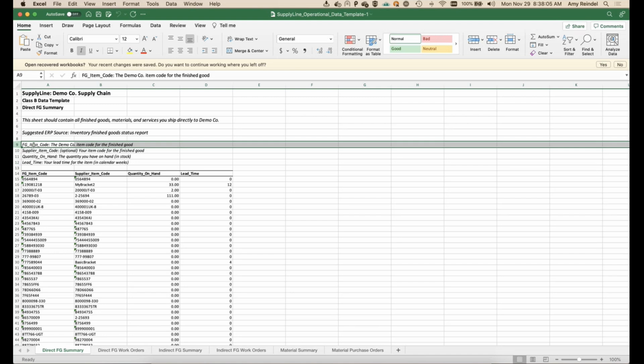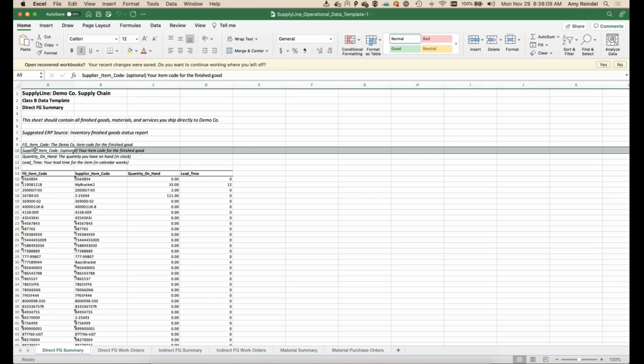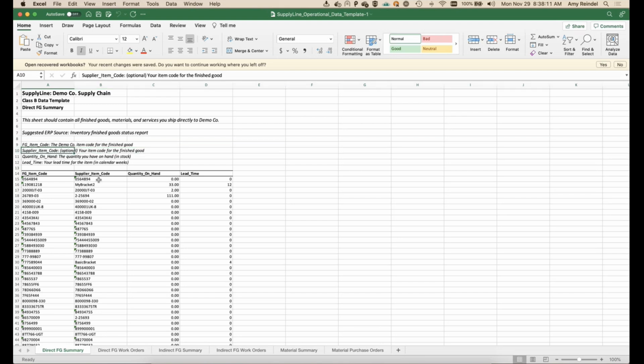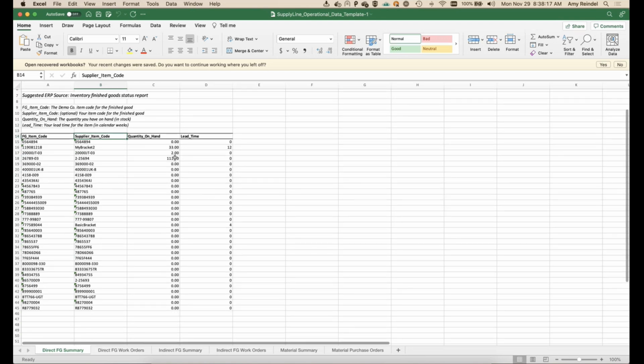So this finished good item code, what it means, that's this header. Supplier item code, you can see it's optional. That's this one here. So it tells you the description of each one. And you can see what it's done is it's pulled from SupplyLine all of the item codes that are in